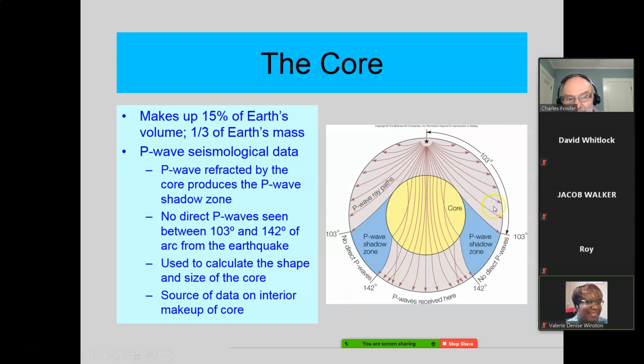Now, you keep going around the globe, expecting never to see another P wave from that earthquake, but sure enough you do. On the other side of the earth, you get more P waves. Okay, and you know they're P waves. You can tell by the characteristic. They're P waves, primary waves, pressure waves. What is that telling you? Well, as we said, pressure differences and density differences make these things bend and curve like this. But when we hit the boundary, so to speak, between the mantle out here and the core in here,